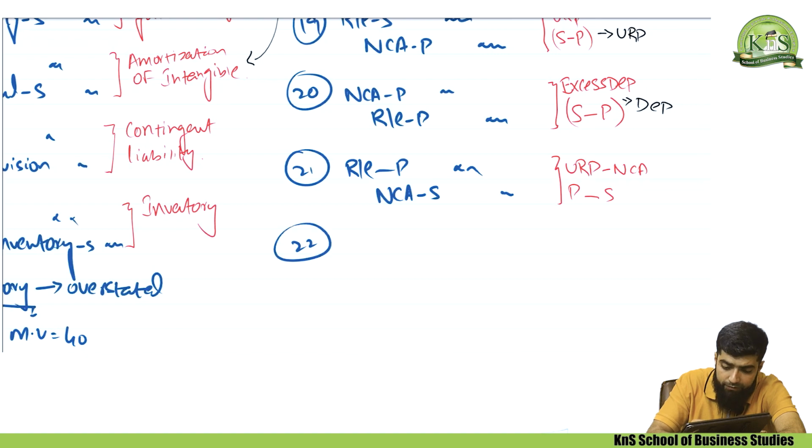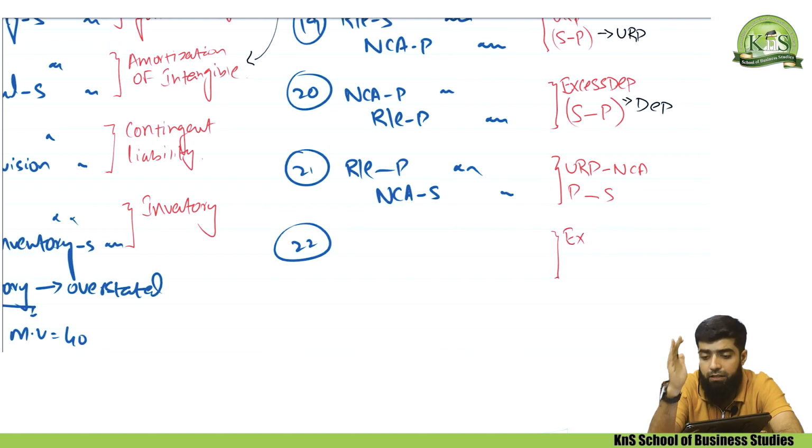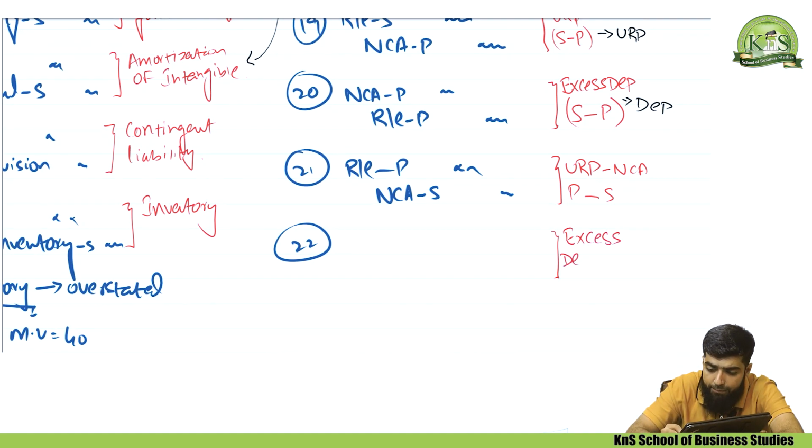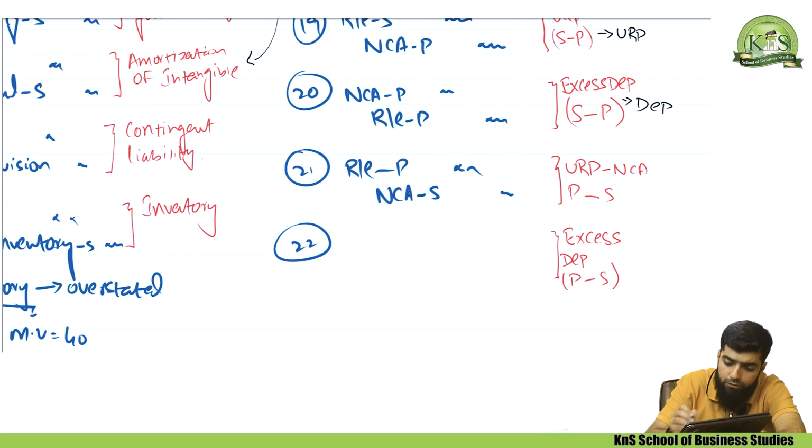Another adjustment that we need to account for. And what is that another adjustment? Again, it is the excess depreciation, as S company, the subsidiary company, has recorded the asset at the higher value, which means that needs to be adjusted. Now the excess depreciation will be adjusted. Remember what the adjustment will be? If P transferred the asset to S company, the adjusting entry would be non-current asset of S company will be debited and retained earning of S company will be credited.